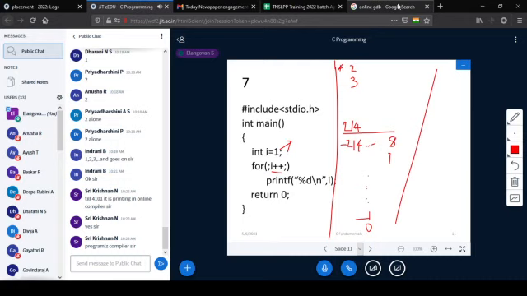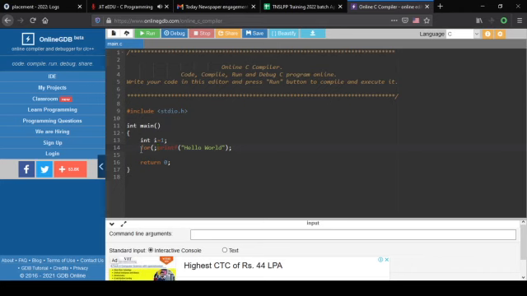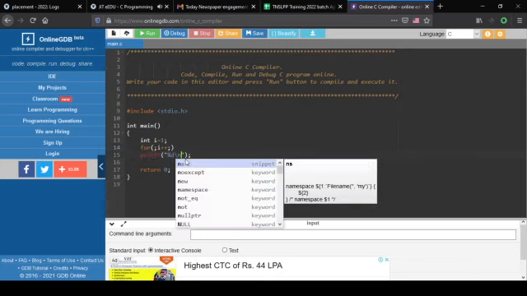Okay. for, i plus plus, closing it. printf percentage d, i. I'm just typing in percentage d backslash n, i.